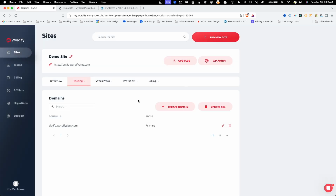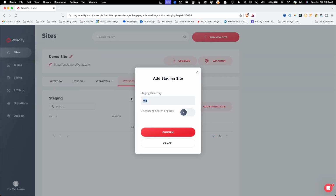through the panel. The other detail that was only in the Pro plan is the staging environment, so let's go ahead and test that out. Here, I don't have any staging set up, so I'm going to click Add Staging Site. They do their staging inside a subdirectory. By default, it gives it the name WP, but I'm going to call it staging, so it's very clear to